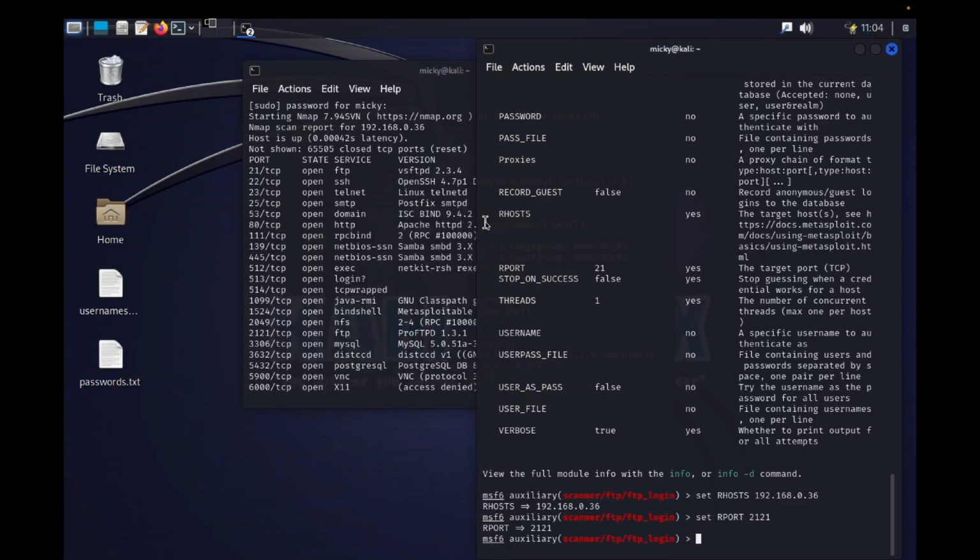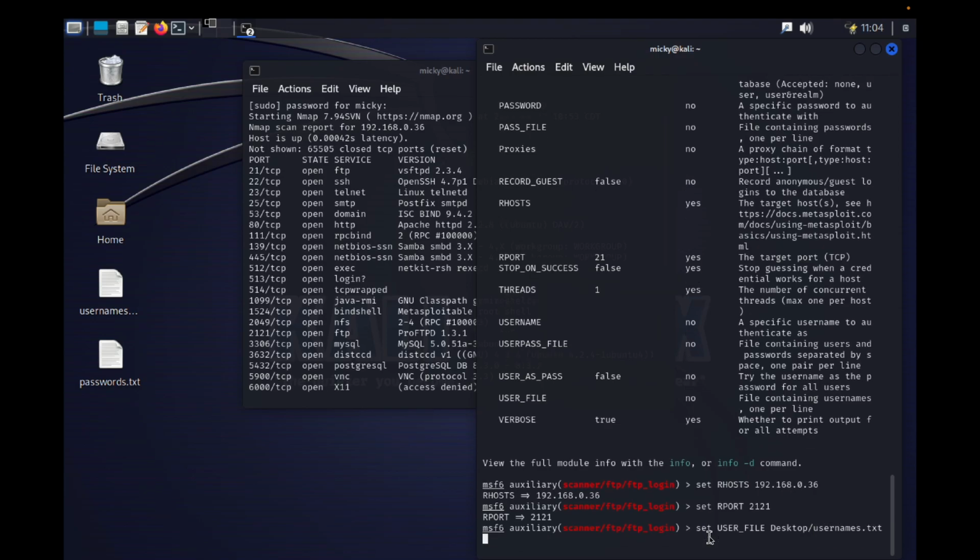Now, we also need to configure those 2 into the terminal. So to do that, we type in set user_file desktop slash usernames.txt,